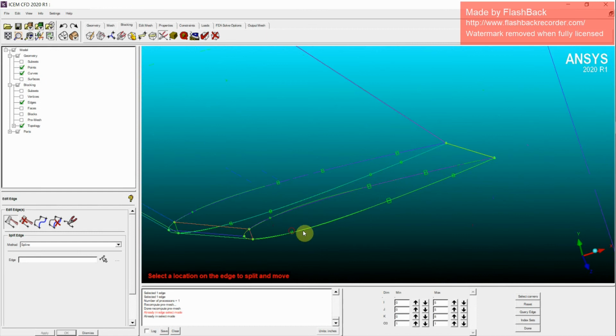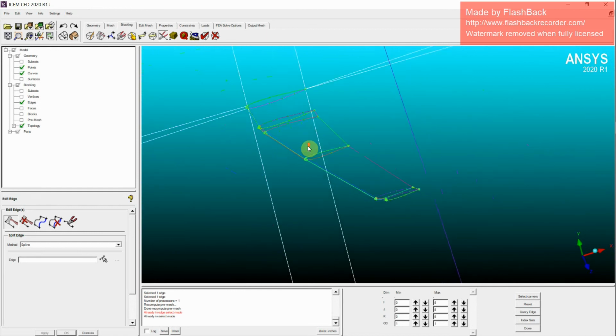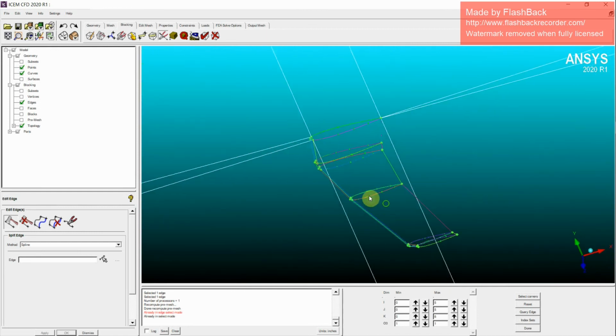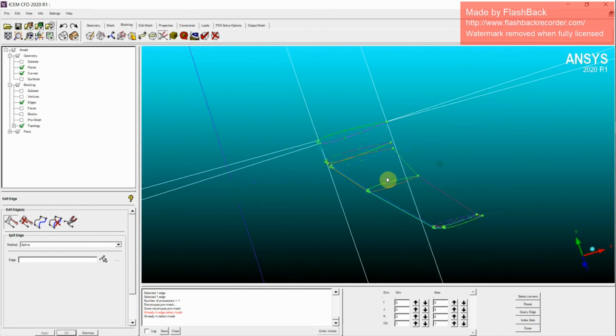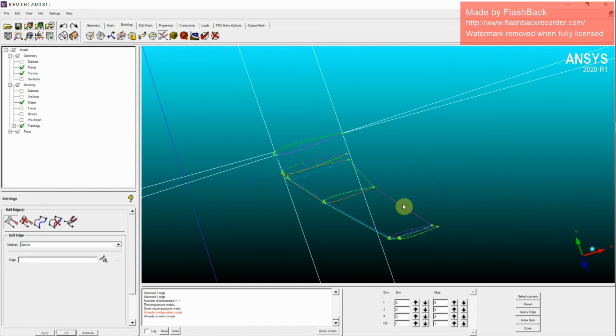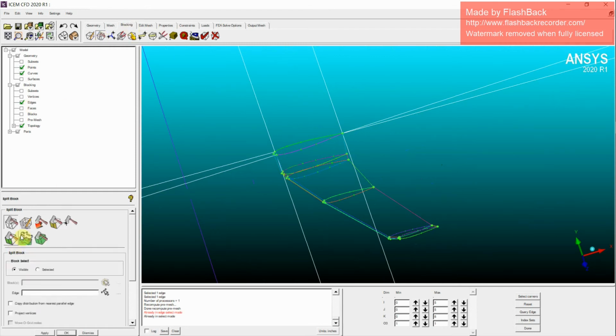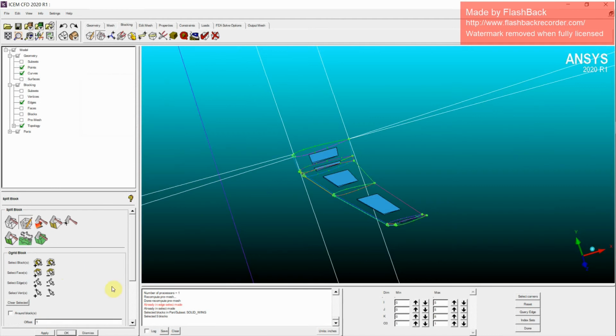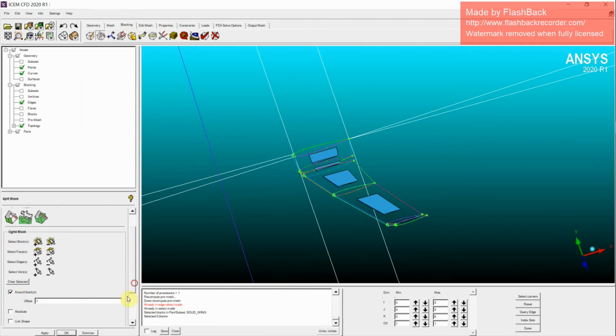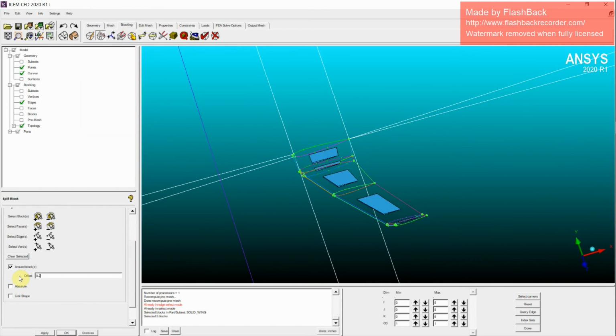So just create enough splits so as to capture our aircraft wing. I guess now we are done with our splitting. So our next process is to create an O-grid around our solid aircraft wing. For that, let's go to blocking again, split method, and we can now directly select our solid wing from here, and click apply. Make sure you have turned on around block, and we'll offset it to 0.2. It means that an O-grid will be created around the airfoil or aircraft wing.